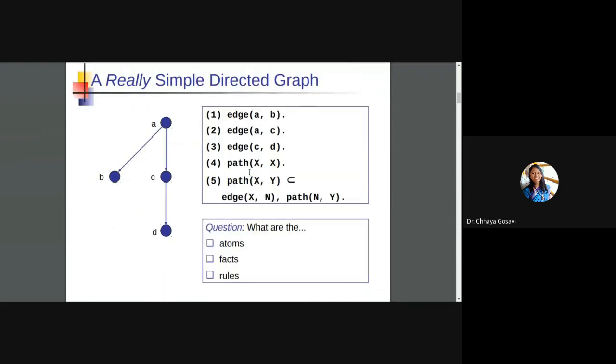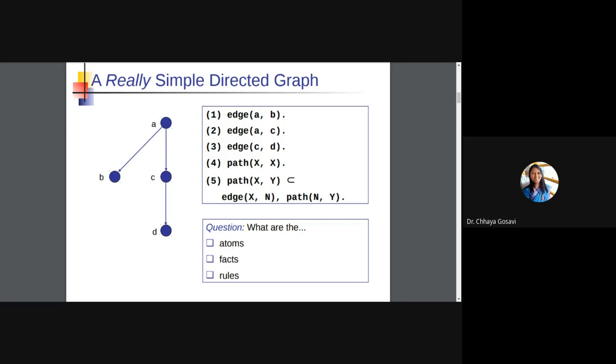Another example. Here, tell me what are the atoms, facts and rules. You have to read this example carefully and find out what are the atoms here, what are the facts, what are the rules. The example is very simple and it is also drawn. We have four points and we are stating a relationship edge.